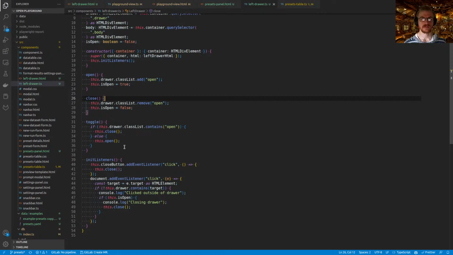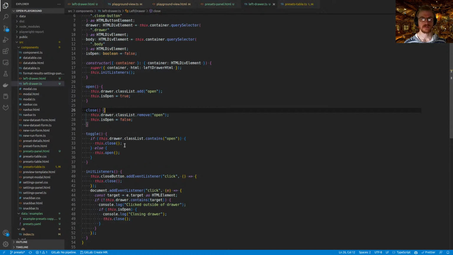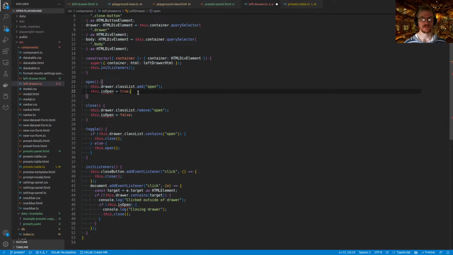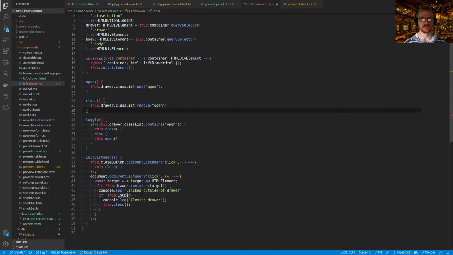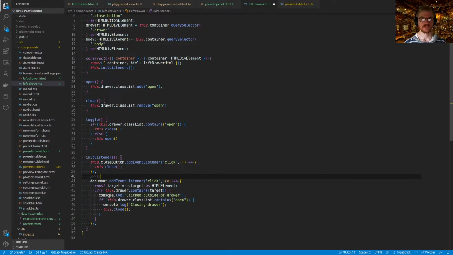I wonder if I can get Copilot to suggest anything here. Don't think we need this. I don't think that's going to help. Yeah, now that is what we want. We want the click handler to run before